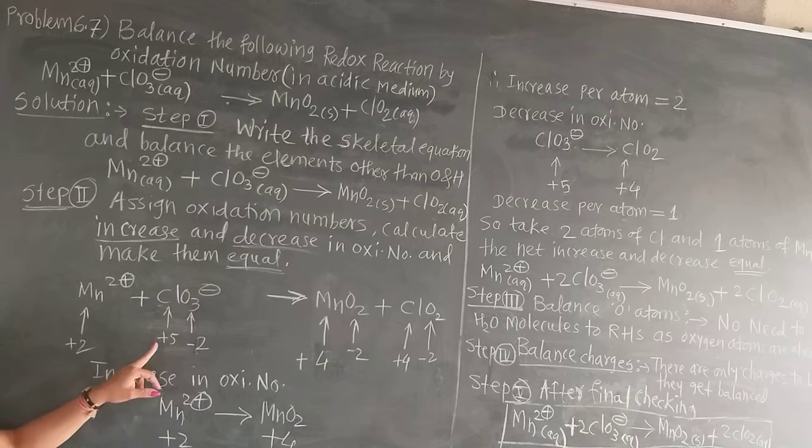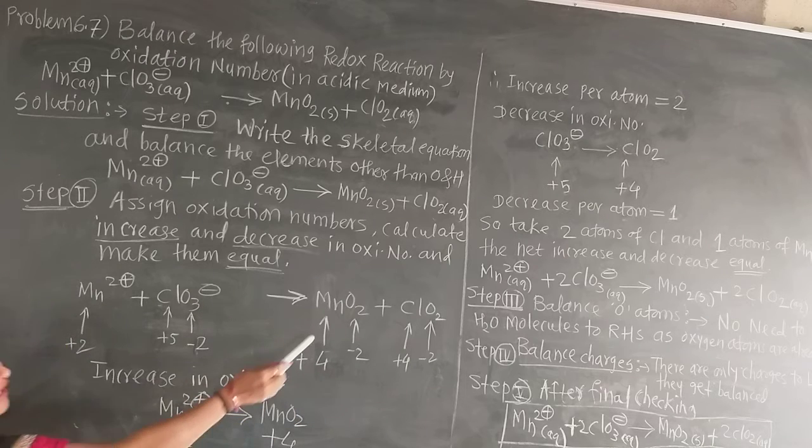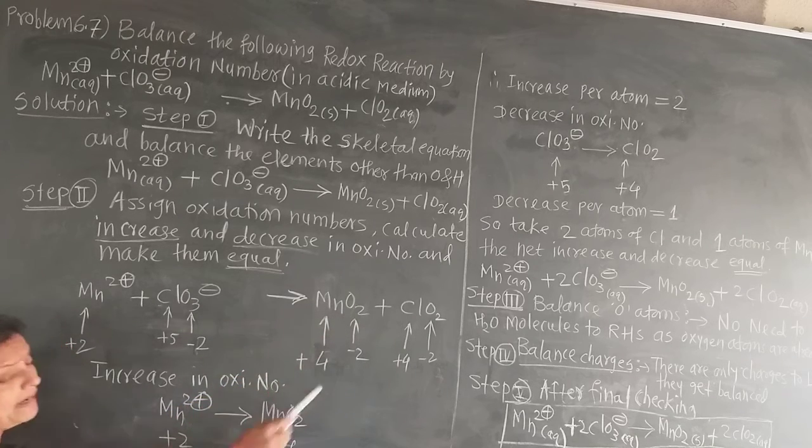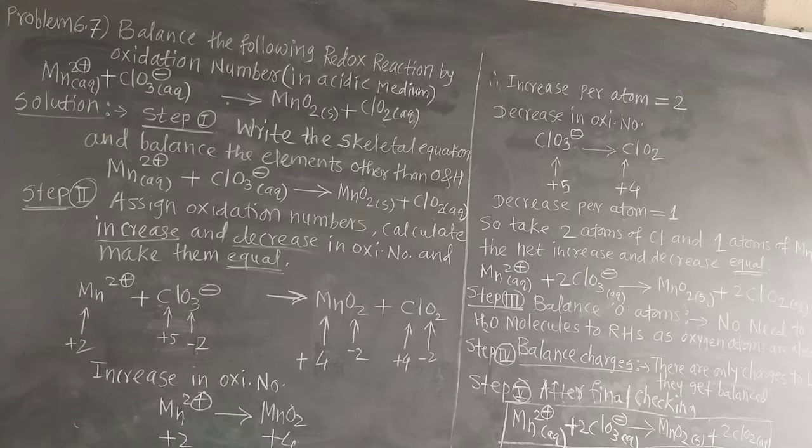This is very important. Now here one oxygen atom has the -2 charge. Totally there are 2 oxygen atoms. So 2 multiplied by -2, -4. Now there is no charge on this, so this manganese has the +4 charge. Remember that. Now again in ClO2, oxygen has the -2 charge, and there are 2 oxygen atoms, total -4. So to balance -4, chlorine must have the +4 oxidation state, because there is no charge again on that. Now where is the increase and where is the decrease?